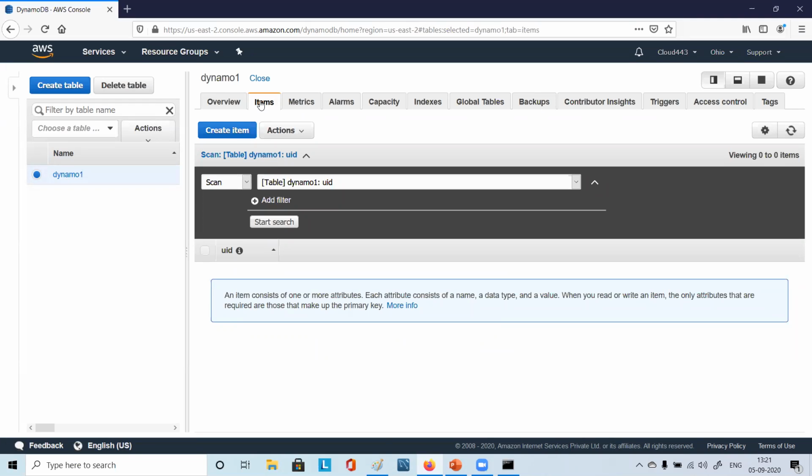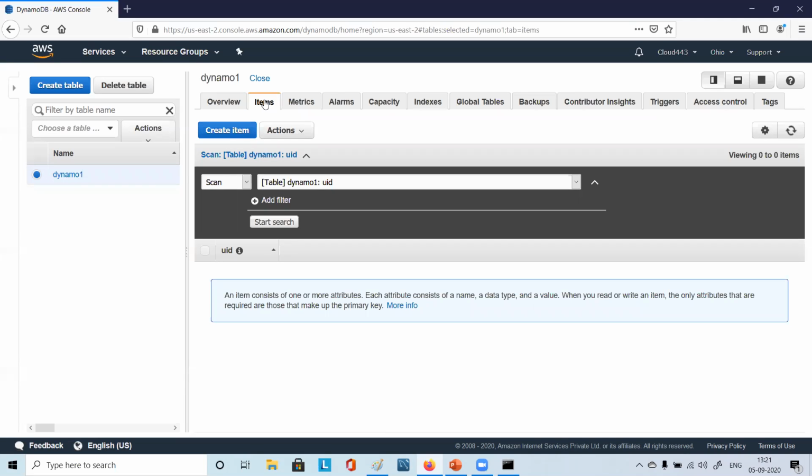So what do you see here? What do you think it may be? Items means what? We were putting some data in our other table, right? You remember? So this is NoSQL type. That was kind of row column type. So here we can do all those things, right? We can put data and all.